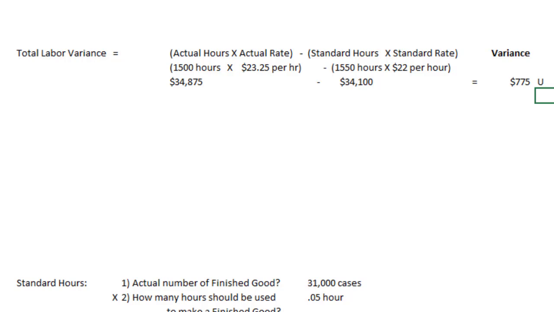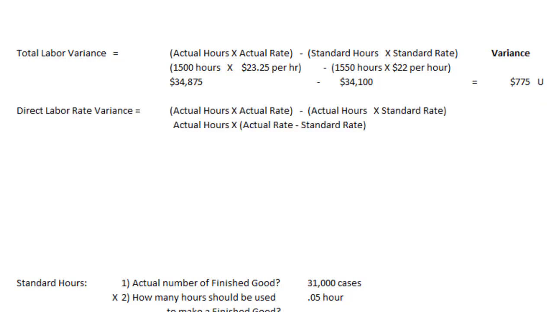We need to break this down and look at the quantity of hours and the price that we paid for the labor to determine what's causing this unfavorable variance. Looking at the rate variance, we're going to take the actual hours times the actual rate, we got that earlier, and then compare that to the actual hours times the standard rate. We're going to take this formula and rearrange it mathematically to get actual hours times (actual rate minus standard rate). We see we get a difference of